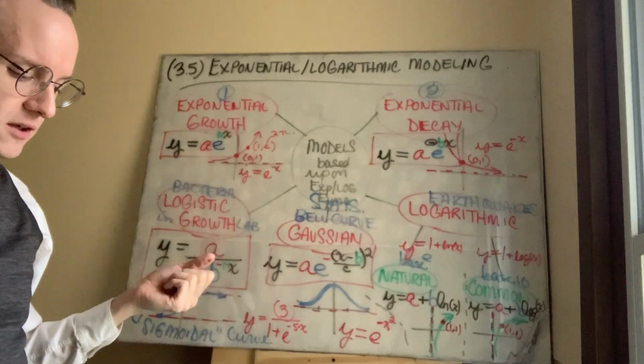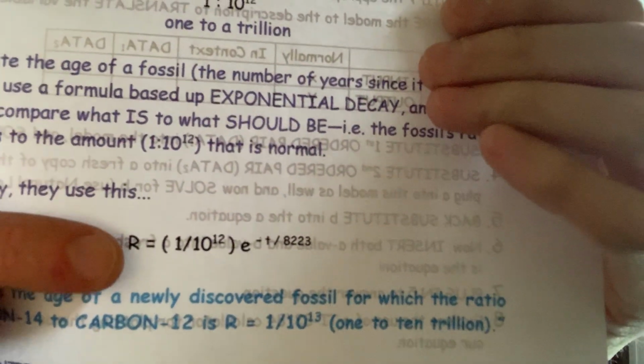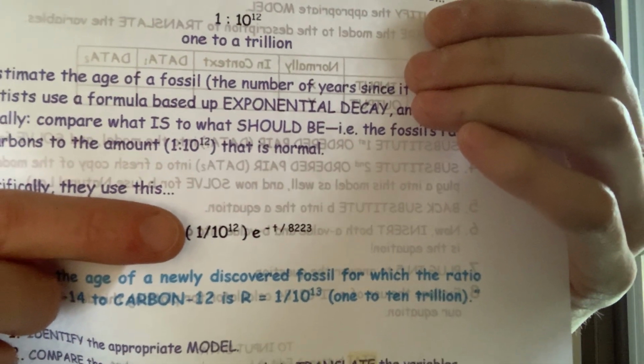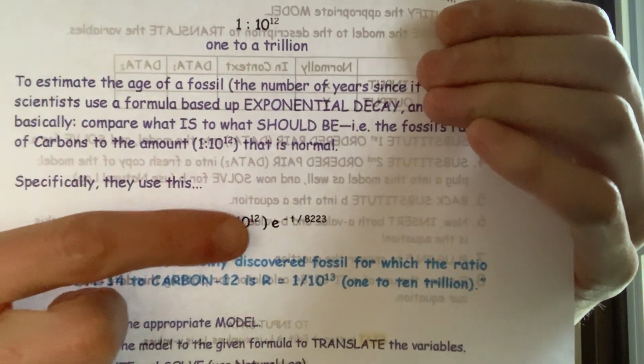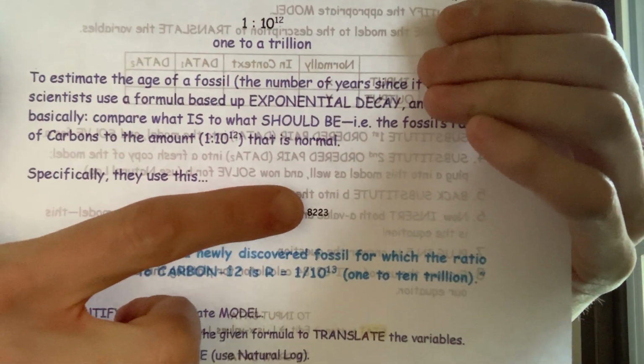They specifically use this formula: R equals 1 to 10 to the 12th times base e, and the exponent is negative t, for time, over